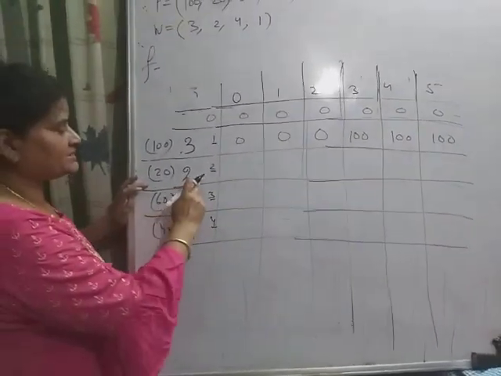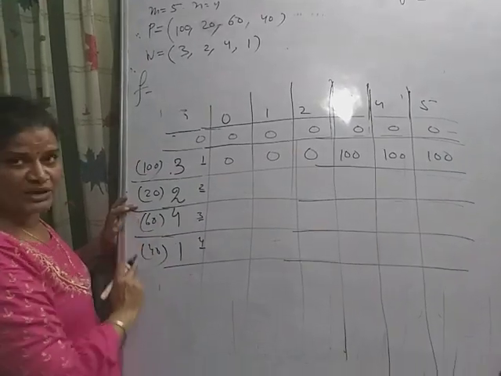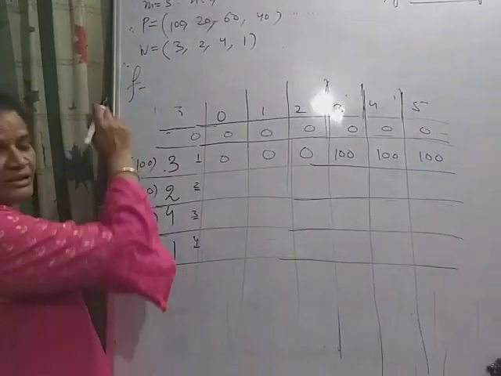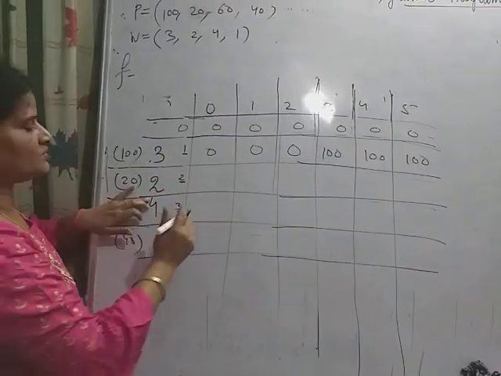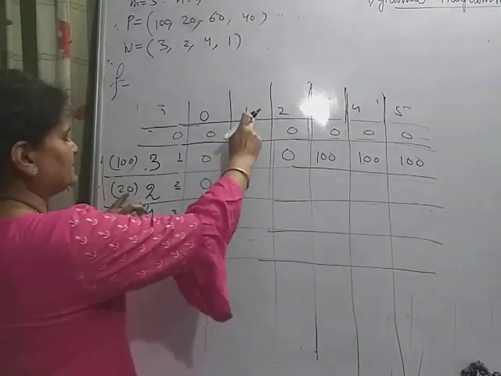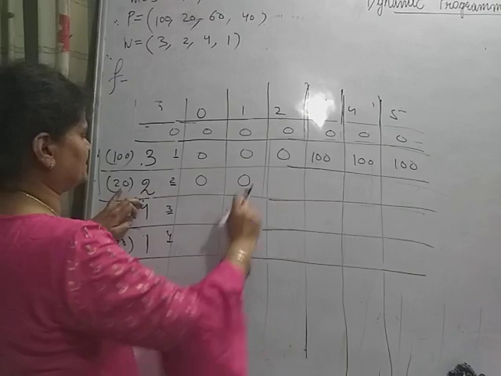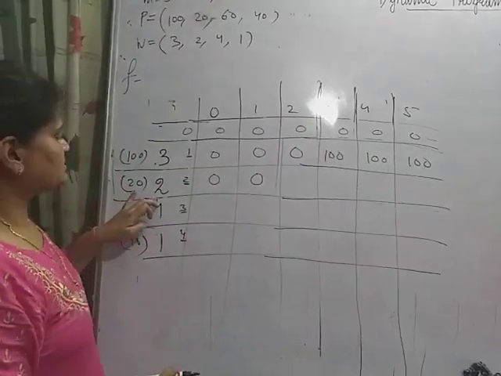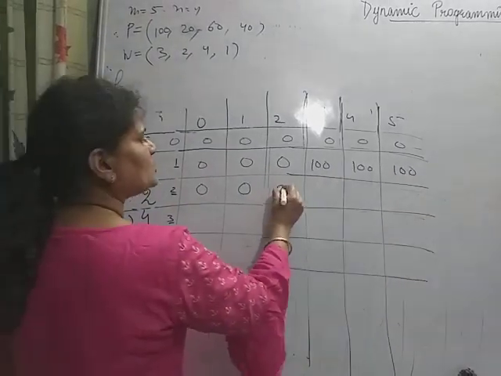When you are considering the second row, don't consider the rows below it. You only consider the rows above it. So now here the weight is 2. The capacity is 0, so this cannot be included and the previous entry is copied. Here the capacity is 1 and the weight is 2, so the previous entry is copied. Now here 2: 2 minus 2 is 0, and the other entry is 0. So the maximum is 20.